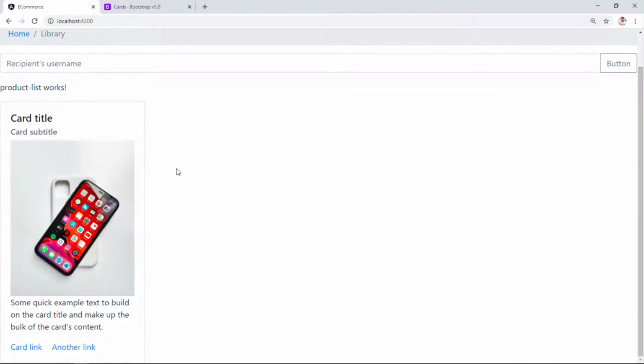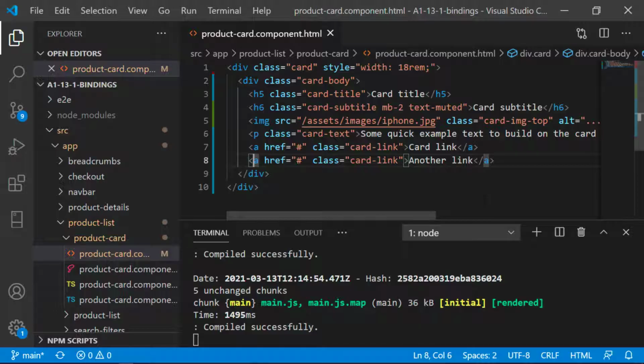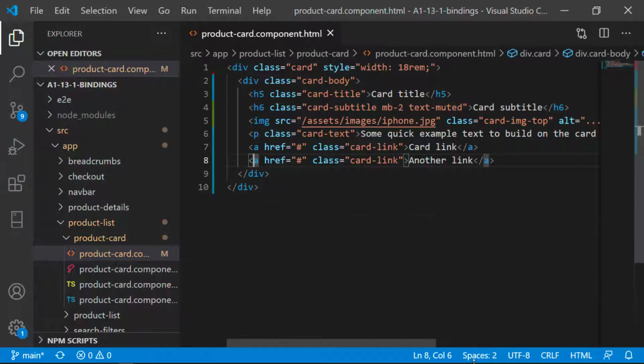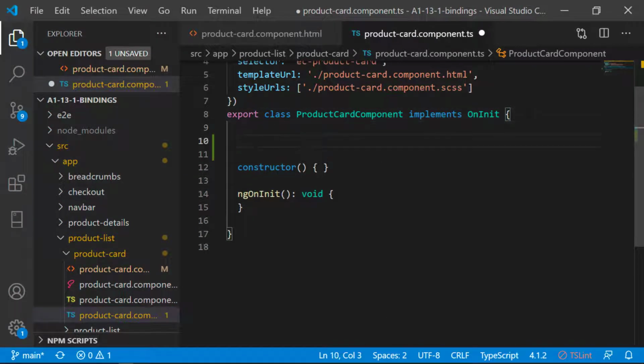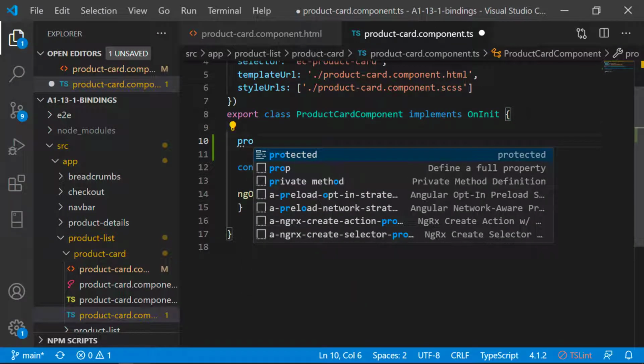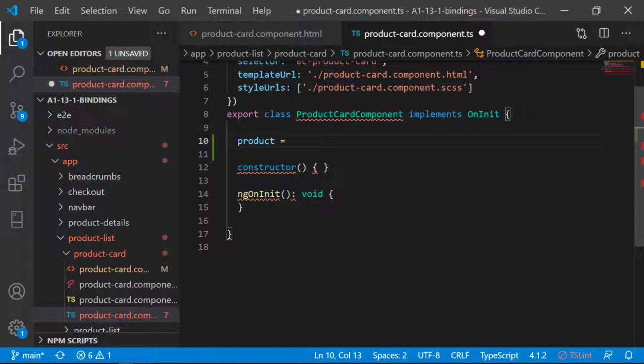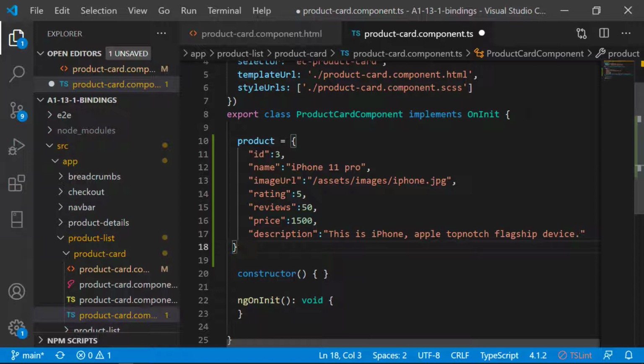Awesome. Now we have to use actual content. For that, we are of course going to use binding. As of now, we have only bound hardcoded data. Let me minimize the terminal and navigate to product card component.ts. Over here, we are going to add a variable or property on top of the component that will be product. Inside that, I am going to keep the product information that we are going to display now. Component property as a model.